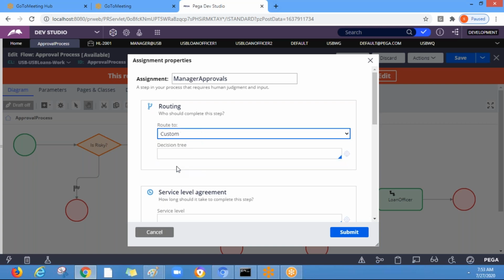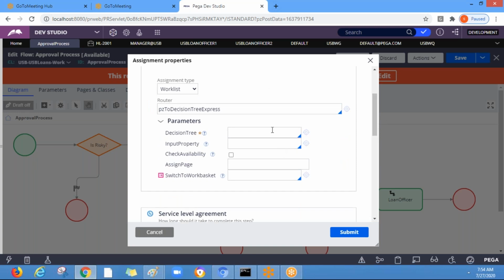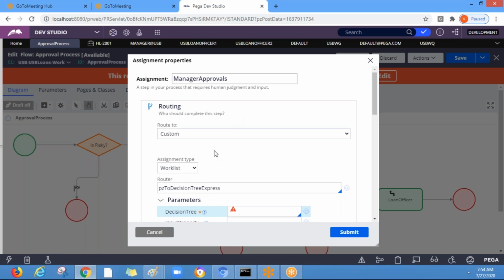And so we have the custom option. So here we have, again, this is for only work list. You can put the decision tree and you can pass the parameter here. And if the work list is not available, it can switch to the work basket. But mostly we use the default options, and this one, use business logic.